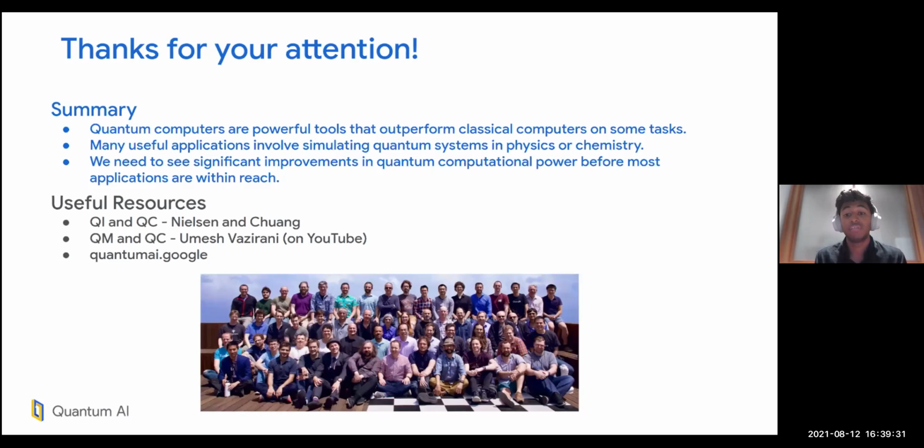And then lastly, we will need to see significant improvements in quantum computational power before most applications are within reach. Basically right now we're making very cool devices that are really exciting, but we are not at the state where we are making devices that are really going to start threatening classical computers on real-world useful applications for the next few years, despite what some places will say. Our goals are to develop these devices, and hopefully in the next 5, 10, 15 years, we start putting out